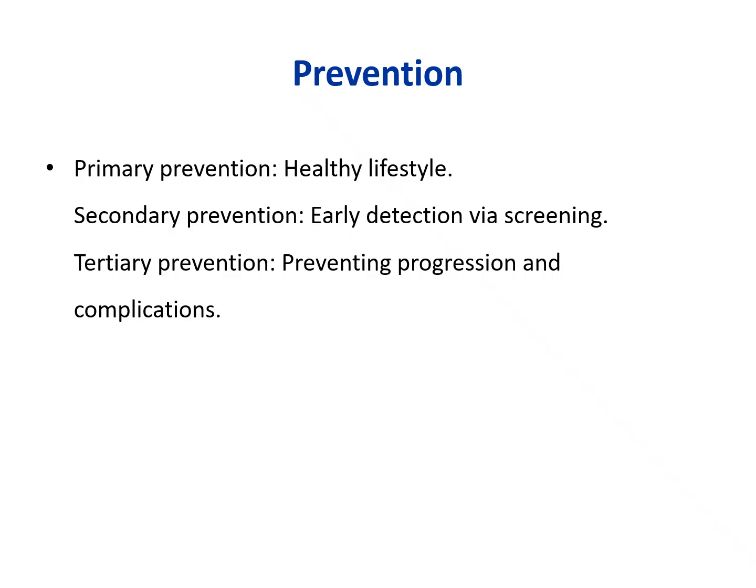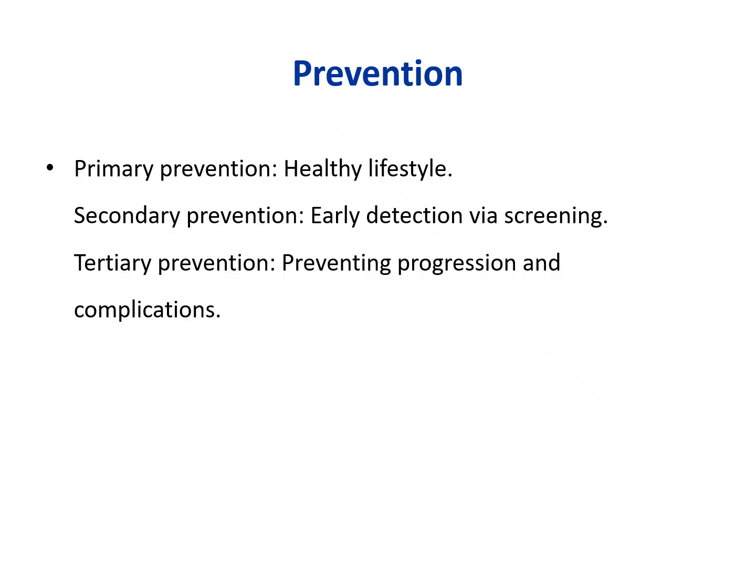And what tertiary prevention can be done? Preventing prognosis and complications. In tertiary prevention, if the patient develops diabetes mellitus, then we have to control its prognosis and complications. So these are three types of prevention: primary, secondary, and tertiary. Primary prevention is mostly adopted in younger individuals. Secondary prevention is followed in those patients who are prone to get diabetes mellitus,